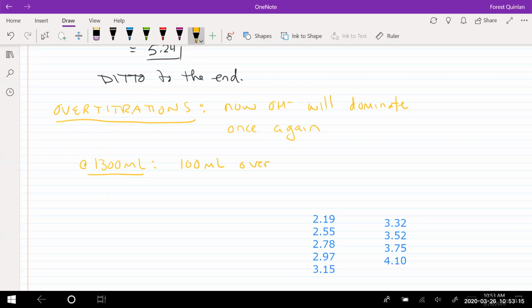So we say we have 0.5 molar sodium hydroxide. We are now just 100 mils, so 0.1 liters into that region. To be completely thorough, 1 mole of NaOH